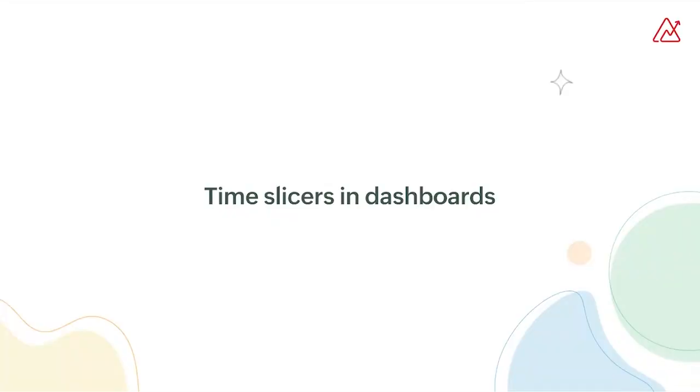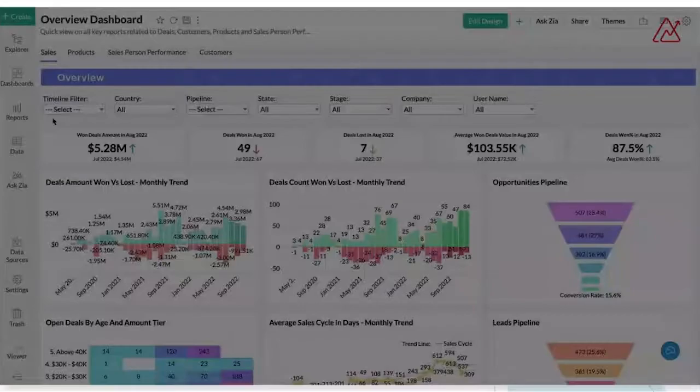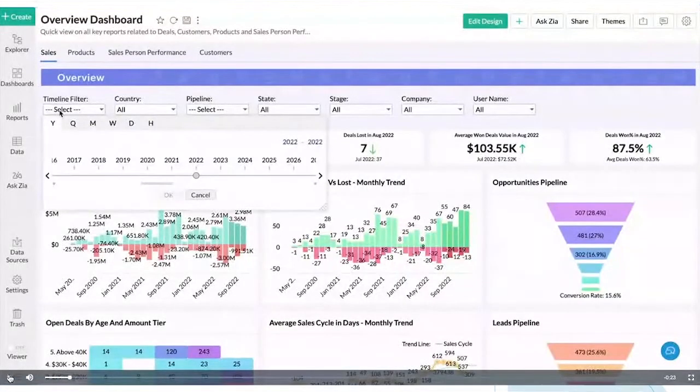Moving on, Zoho Analytics now supports the time slicer as a timeline filter in dashboards. We'll check this out with another video. So as you can see, this is my dashboard. The overview sales, this is actually the overview dashboard that we looked at a couple of minutes ago. So when I click on the timeline filter, I get this time slicer where I can filter out my data